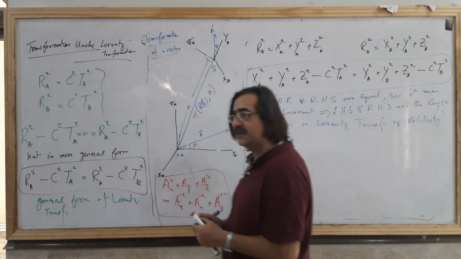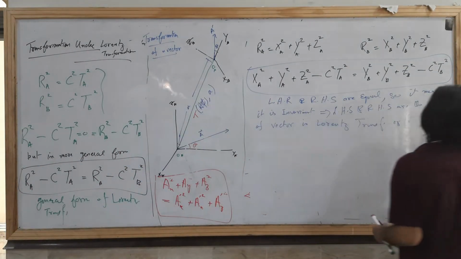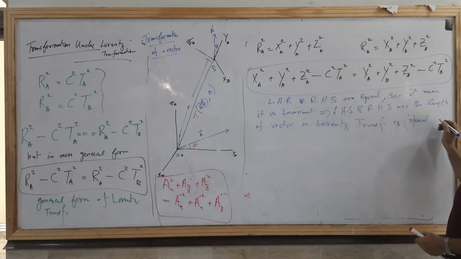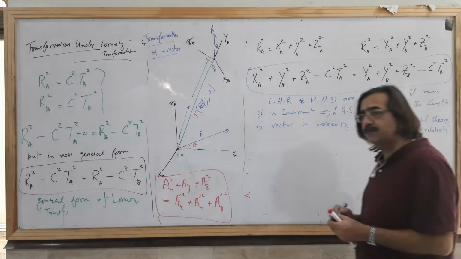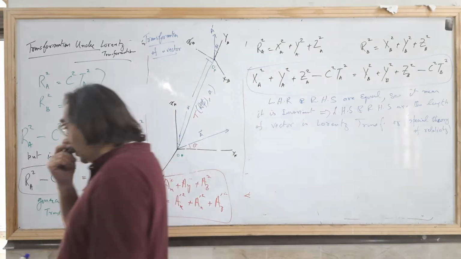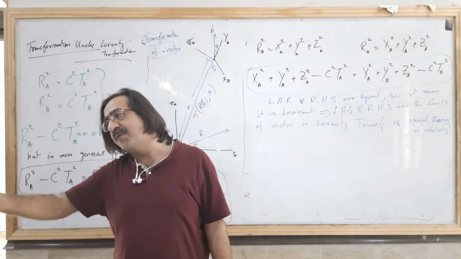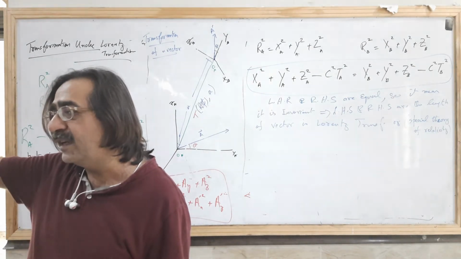In the special theory of relativity, what is this? This is not defined in general relativity. Actually, this is defined in the special theory of relativity. The general theory of relativity is different. Okay. So it means the vector, the A sign means the frame of reference. A means a different frame, B means a different frame. So the length is preserved.